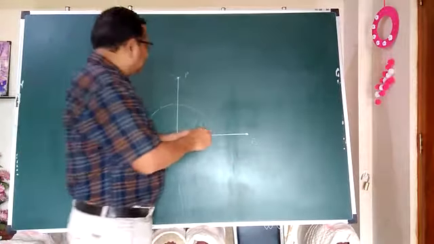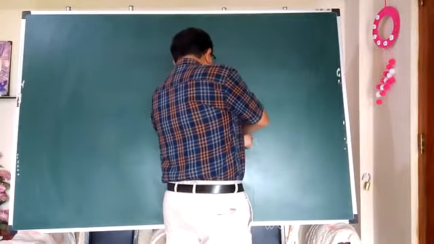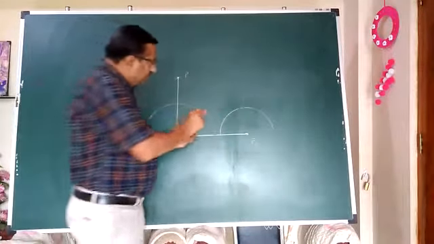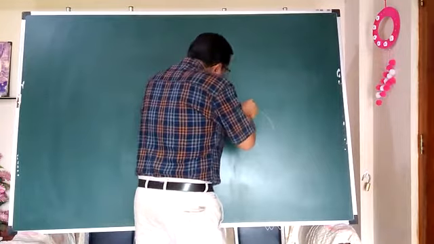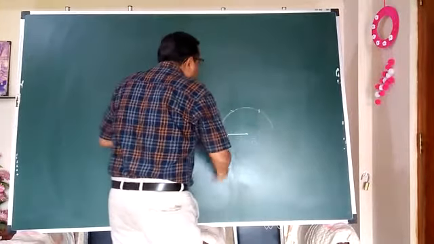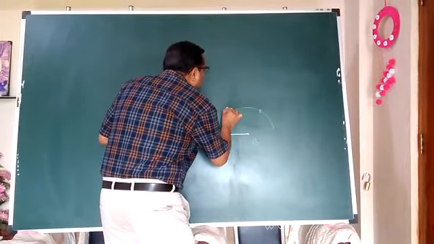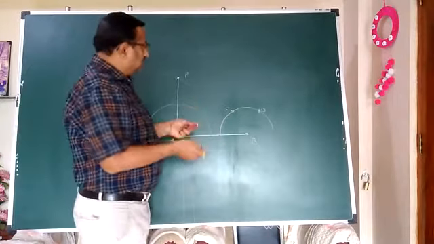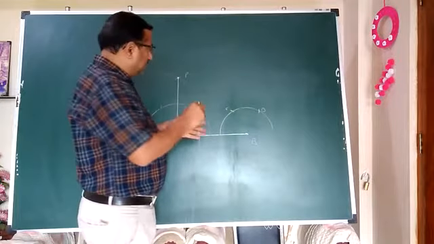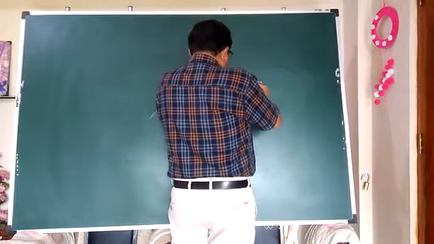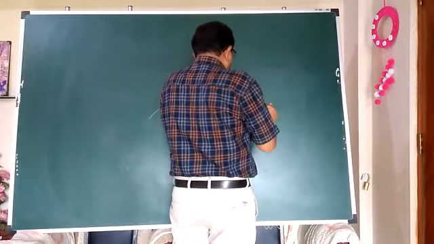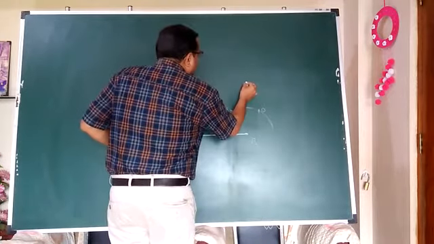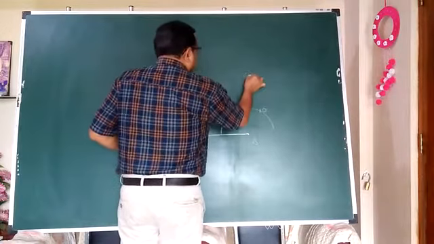Now I am going to change the radius. Take any convenient radius. First arc, then with the same radius without disturbing, 2 consecutive arcs in this way. Suppose this is C, this is D, these 2 points. Now we can change the radius, or you can retain the same, and get 2 intersecting arcs in this way. First of all from C, then with the same radius from D, in this way. Now this intersecting point, this is Q.